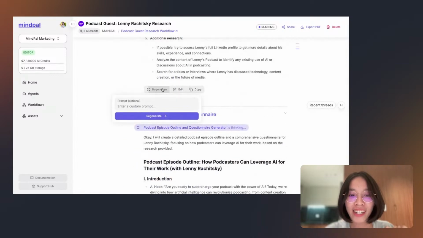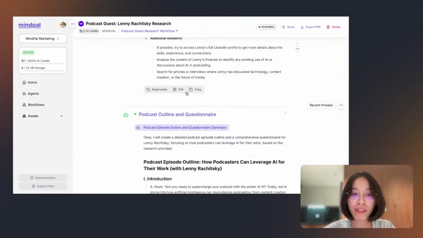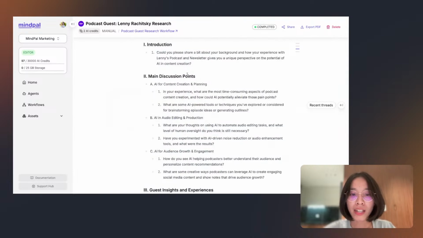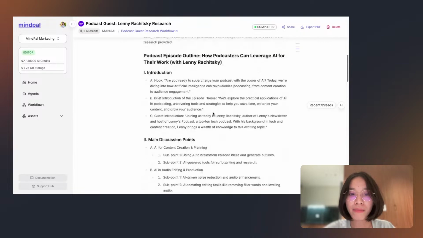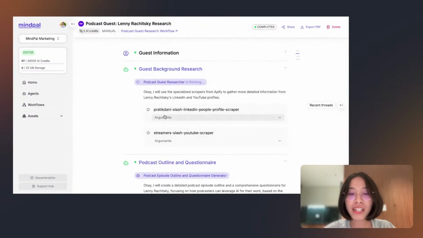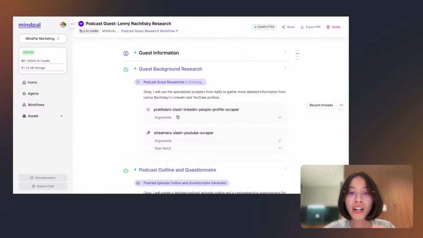But I can try again and tell it to try using the specialized scrapers from Apify. Let me regenerate this. Okay, so now as you can see, it is launching the LinkedIn People Profile Scraper and YouTube Scraper, both from Apify MCP, to do its job.